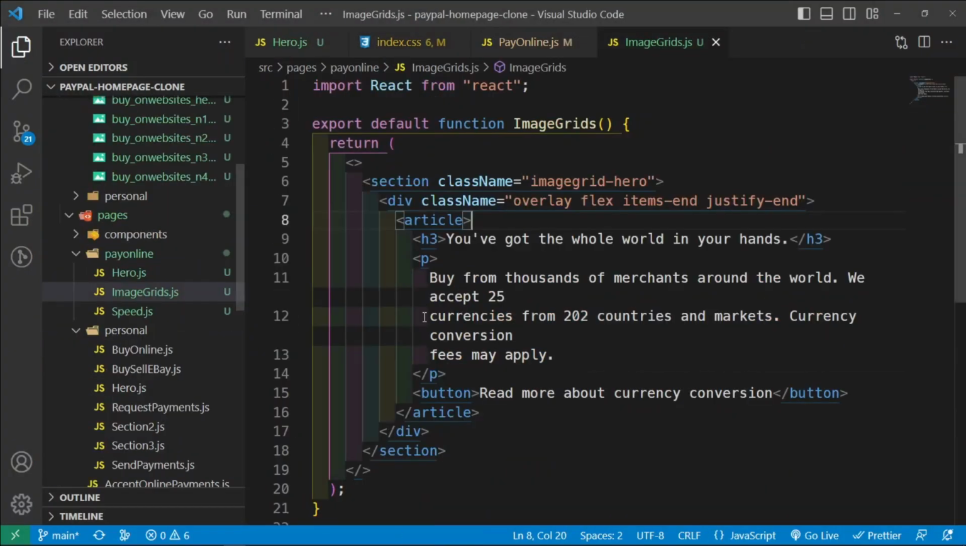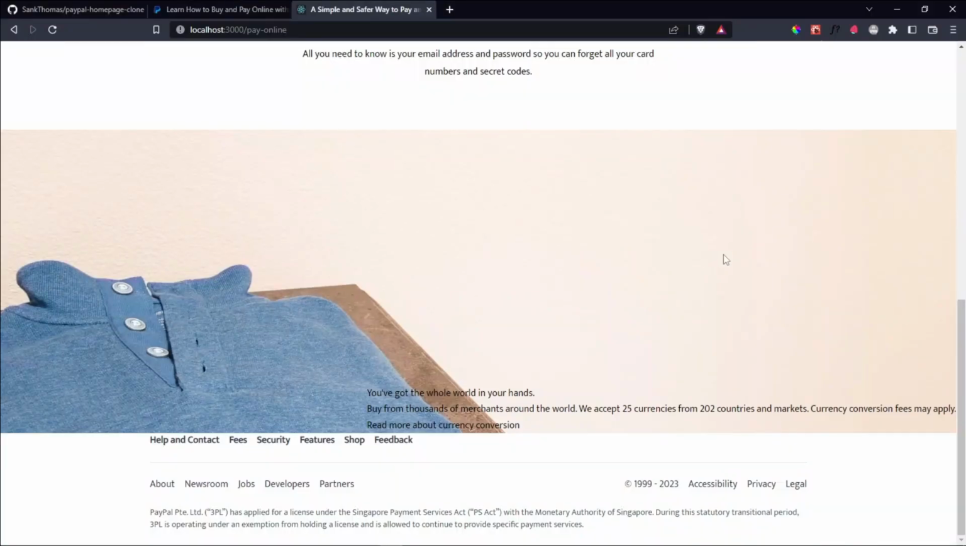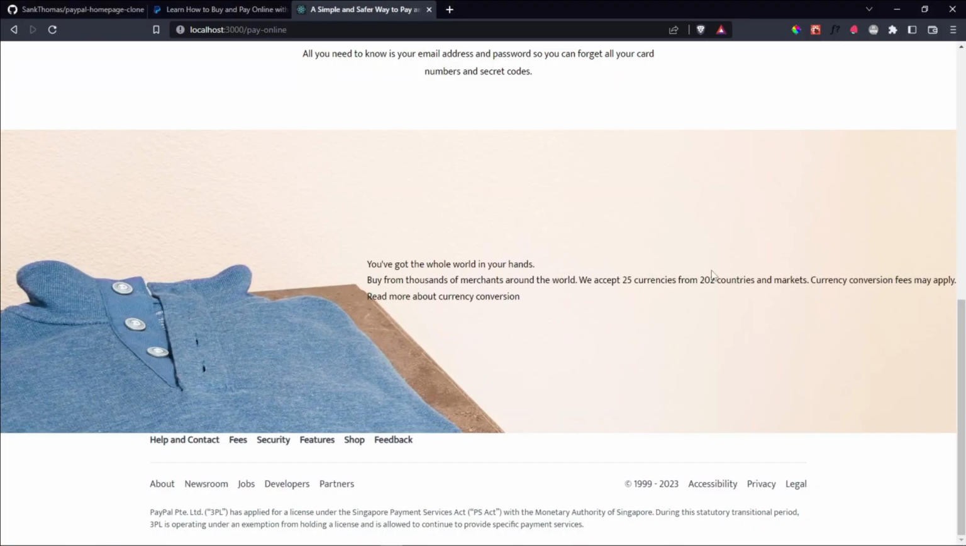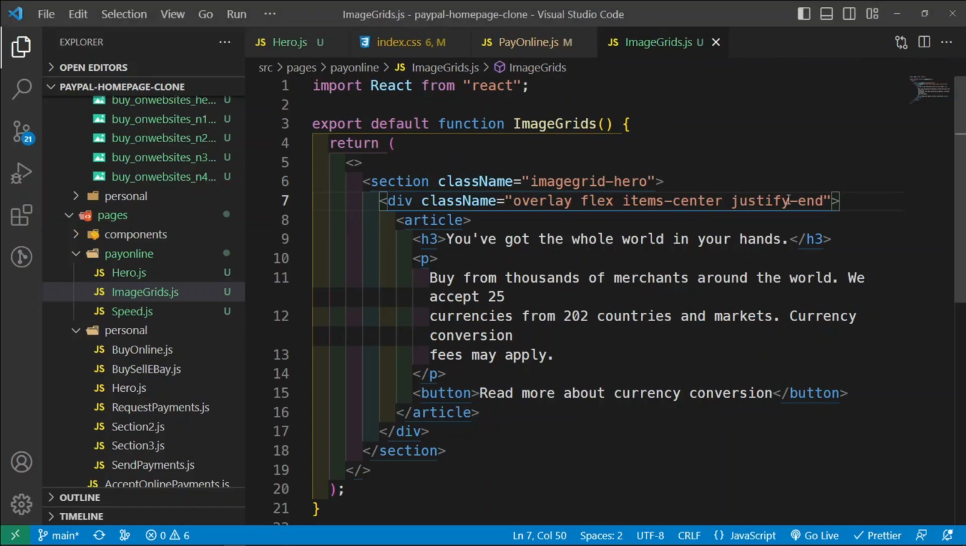Oh, it is because of this. It's because of justify end. This should be justify. Is it end or center? Justify center should bring it back here. No, justify end, and then item center should bring it here. Okay, there we go. And then we just need to limit this div so that it doesn't go all the